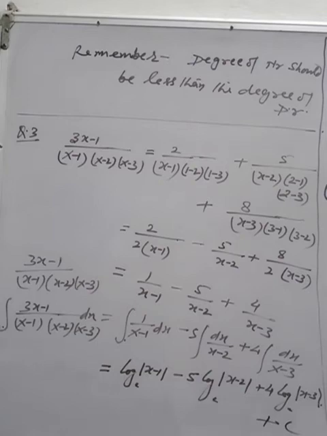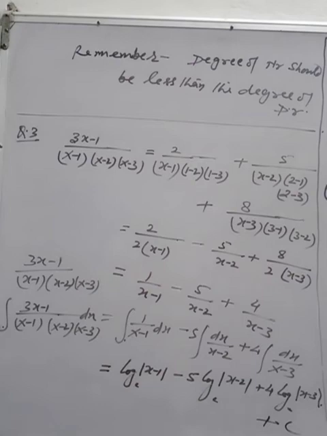First you will write the first factor of the denominator, x minus 1, and from this you will determine the value of x by putting it equal to 0. This gives x is 1, and this value 1 you put in the numerator and in the remaining factors, meaning the second and third factor. Putting 1 in the numerator, you get 2. In the second factor x is 1, and in the third x is 1, so you get (1 minus 2)(1 minus 3).